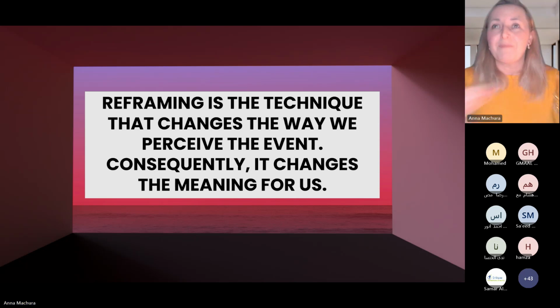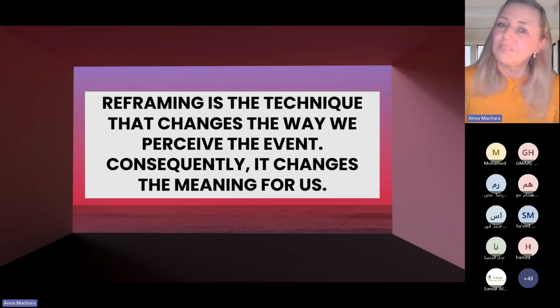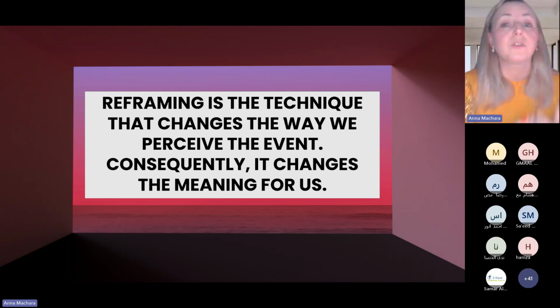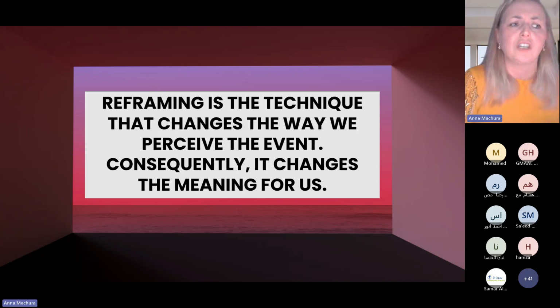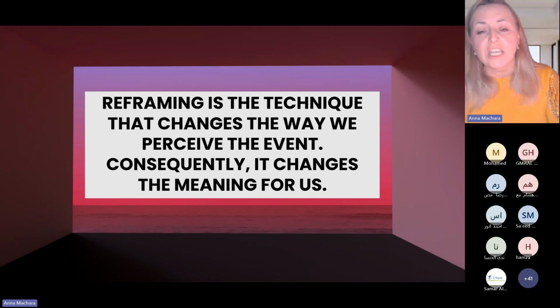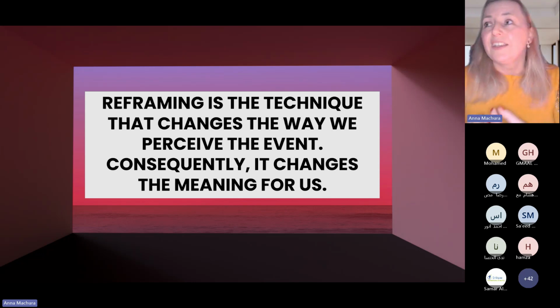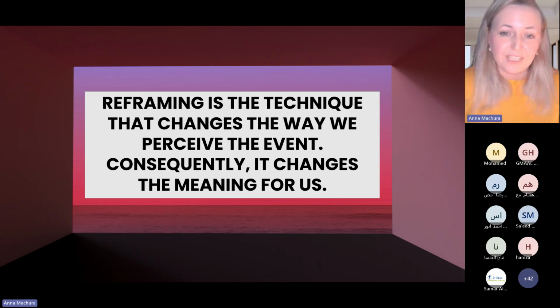If there is a message to you and you don't like it, or maybe there was a challenging event in your life, and you keep thinking about it, you have just one version of something, so reframe it. Focus on what you have rather than coming from the pain situation or environment. Okay, I don't have it, I lost it, that happened, pain. So how about reframing? That changes the way you perceive the event, and it changes the meaning for you. If it's changing the meaning, there we go.